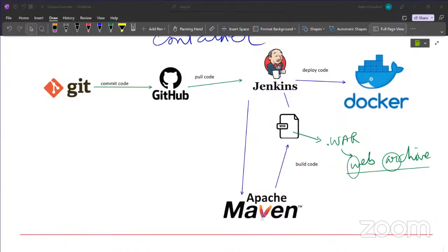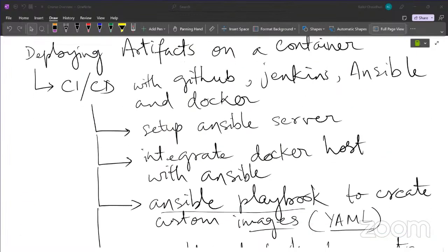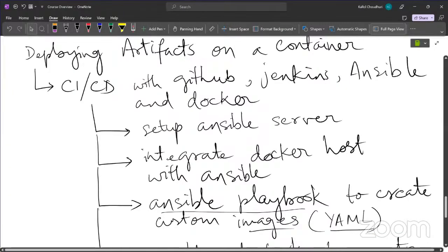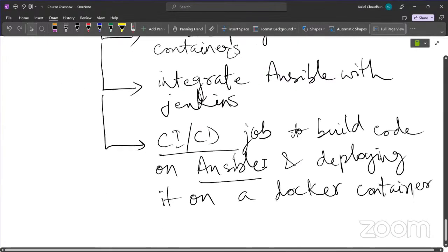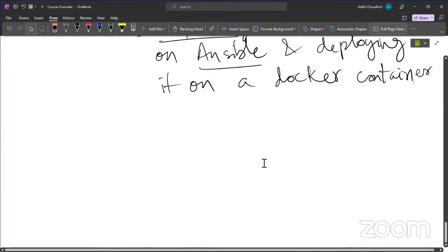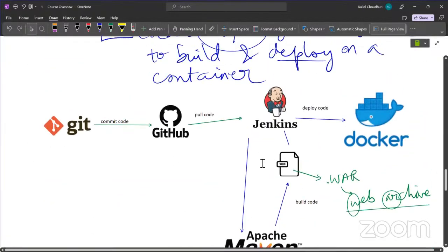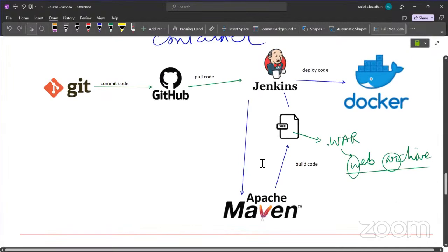You are on mute, Kalul. Yeah, sorry about that. I muted myself by mistake. I was actually trying to mute someone else. Okay, anyways, what I was actually saying when I was speaking on mute,